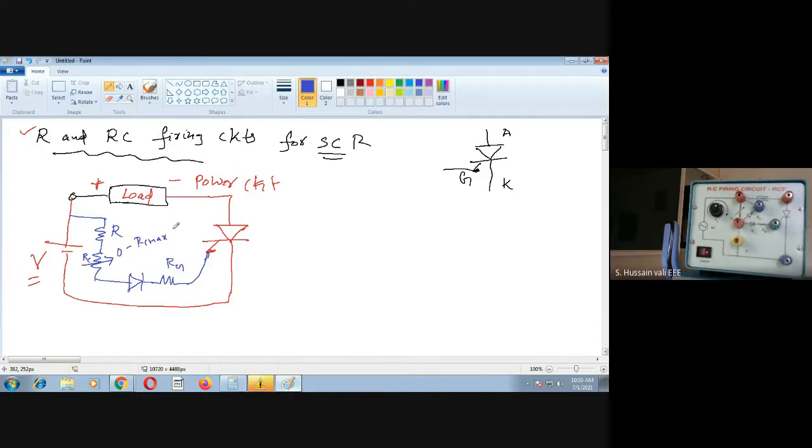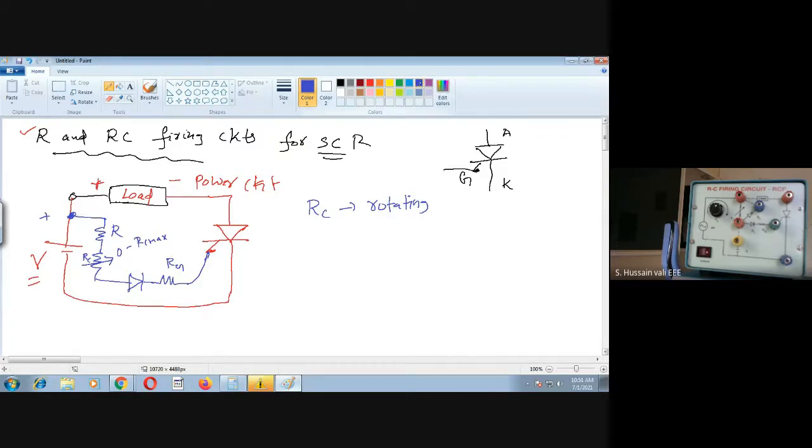In the laboratory, what you find in the kit is that in place of this RC, you have a rotating knob. By varying the rotating knob, you vary this RC value. When you vary this RC value, what exactly happens? Here, what is the circuit diagram now? You have positive potential here because this is the positive part and negative part is here. So now it's a closed path.